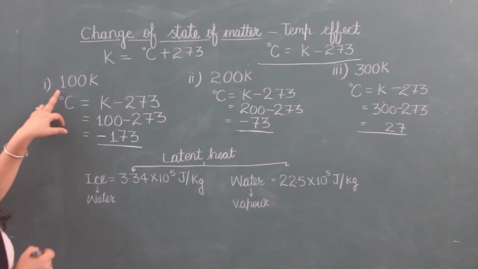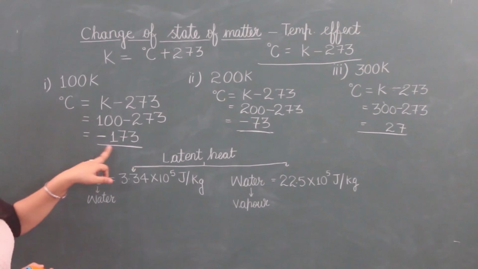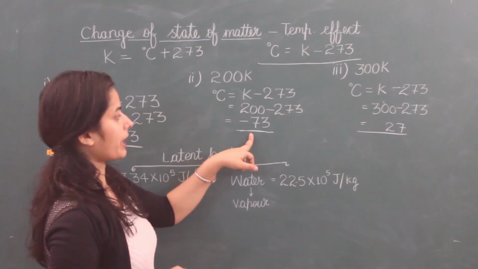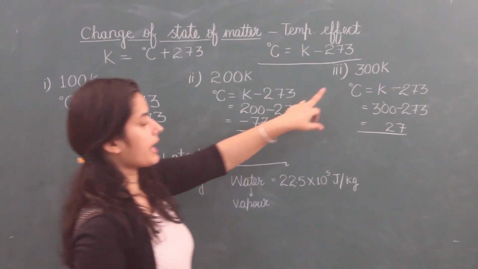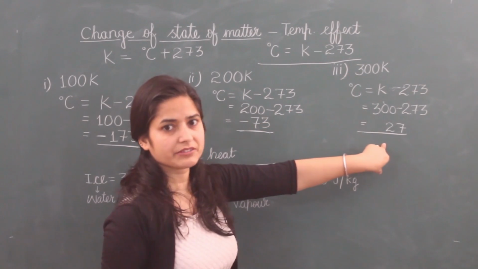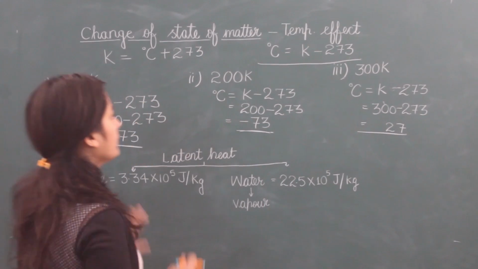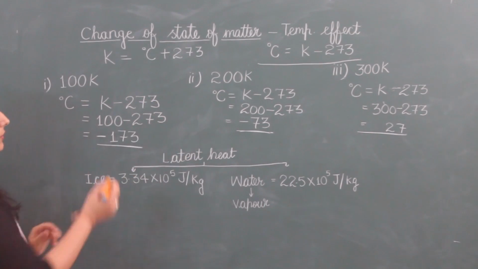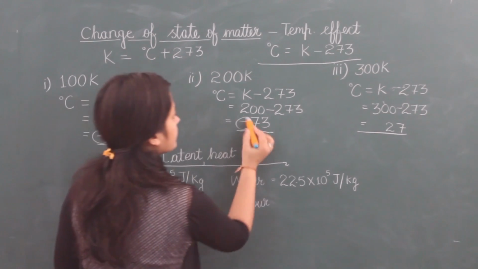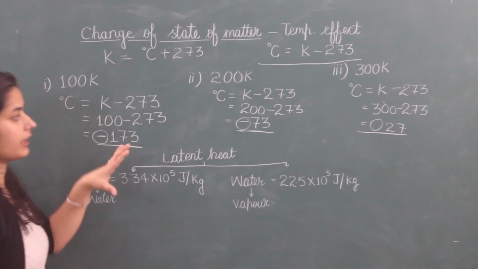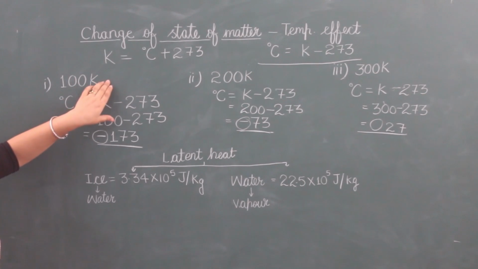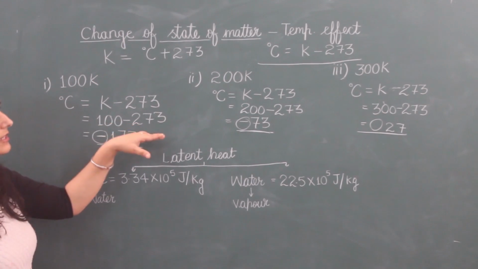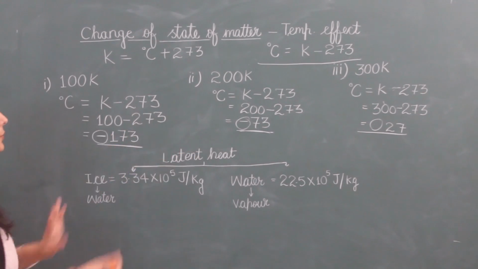So 100 Kelvin is equal to minus 173 degrees Celsius. 200 Kelvin is equal to minus 73 degrees Celsius, and 300 Kelvin is equal to 27 degrees Celsius. I have taken these different values because I want to show you this sign. Now what happened? On the Celsius scale, values are coming in negative, but on the Kelvin scale these are positive, up to